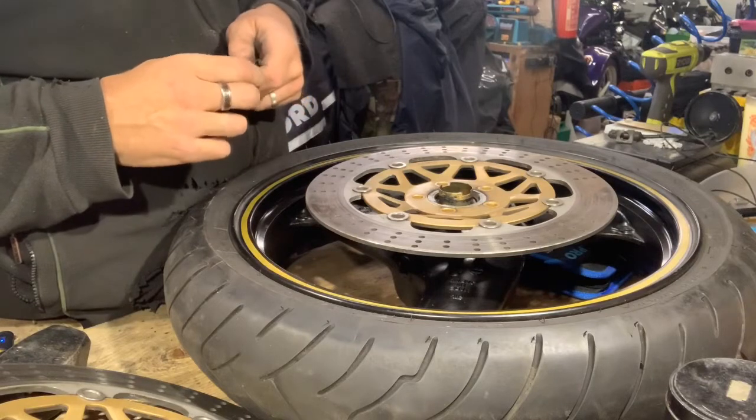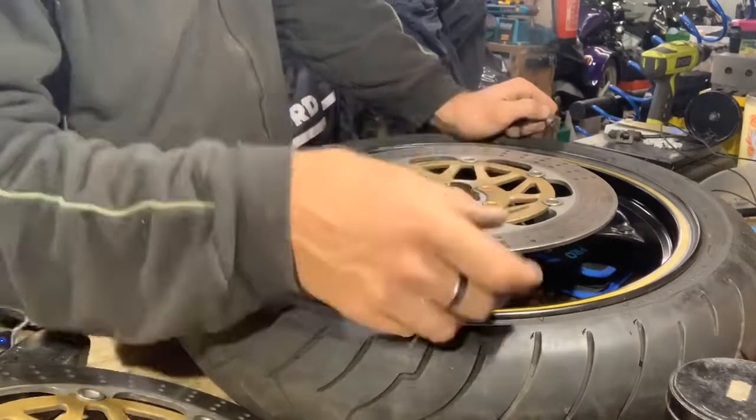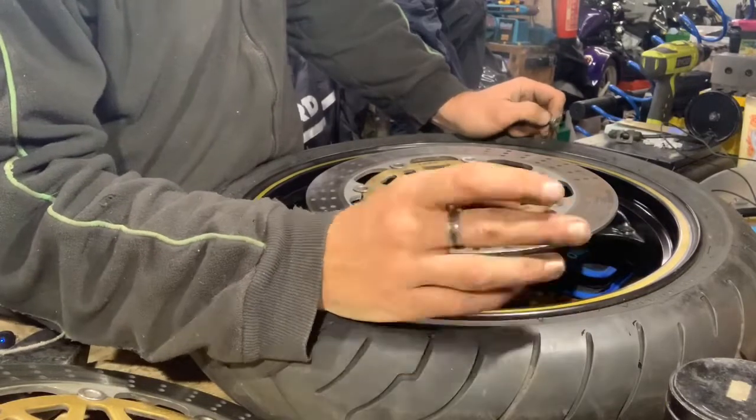It's just a matter of assembling it all back together. Now I'm waiting for pads for this at the moment. So I've got the calipers already. I've got the braided lines there, which are the original ones on. They all seem fine. The master cylinder is all done, so I can put it all together, but I can't